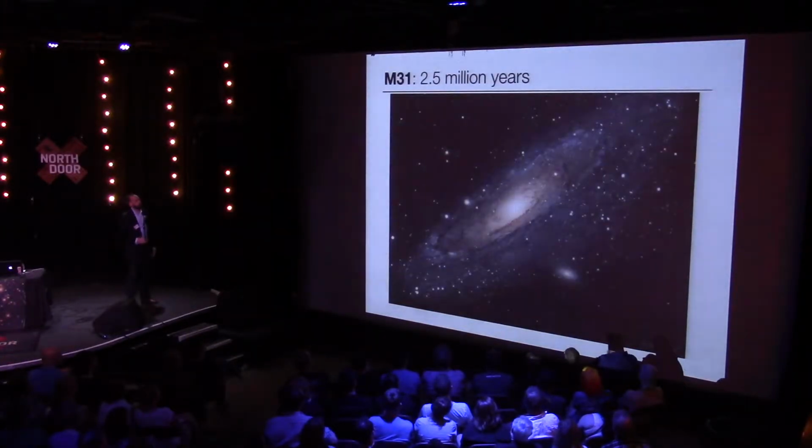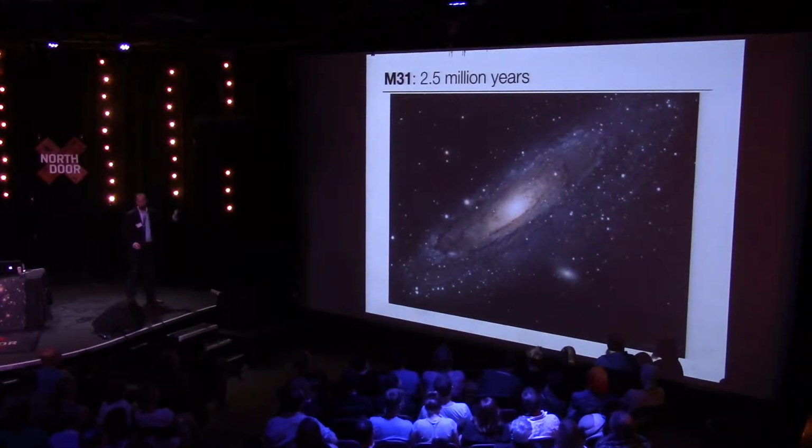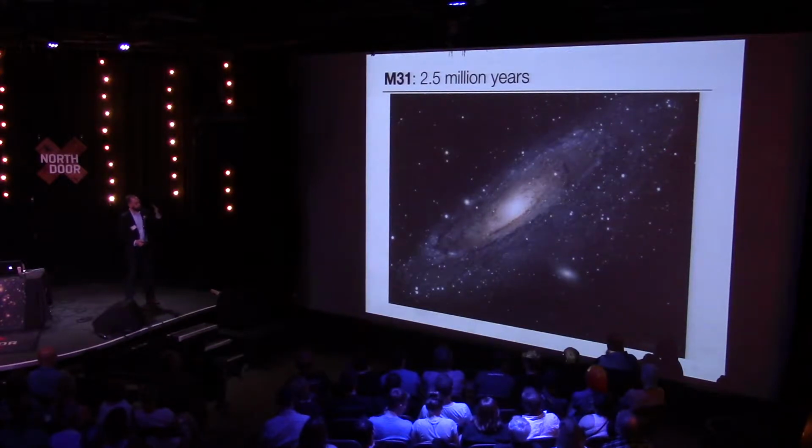Okay. Our nearest large galaxy neighbor, the Andromeda Galaxy, M31, may be your screensaver on a Mac computer, I'm not sure. Whoever made this image is probably rich by now, or very angry, one of the two. Light takes 2.5 million years from Andromeda to reach us. And this never ceases to amaze me. This is the nearest big galaxy, and it takes 2.5 million years for light to come from that galaxy just to reach us.